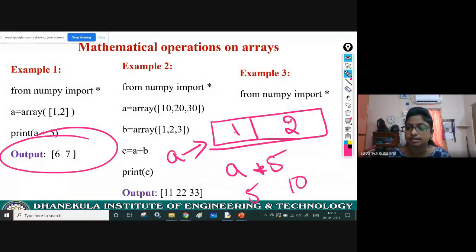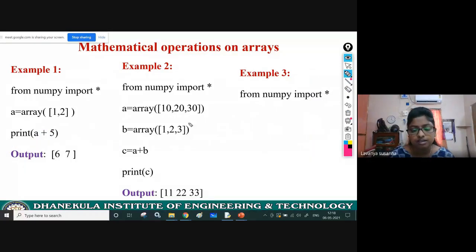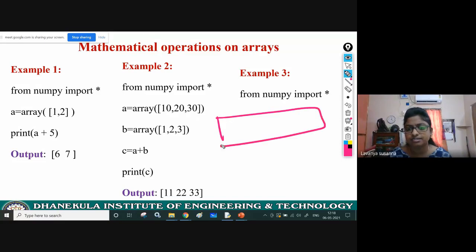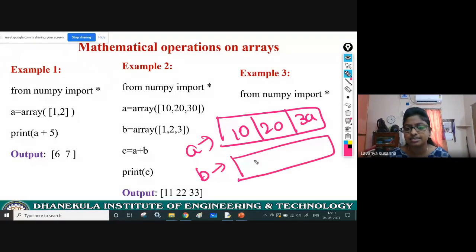Next, like that, you can apply operations on arrays. Now, see here, if you want to add, this is an array A, 10, 20, 30. Next, B. B contains the elements 1, 2, 3. Now, if you want to add each and every element of arrays A and B, it is very simple.